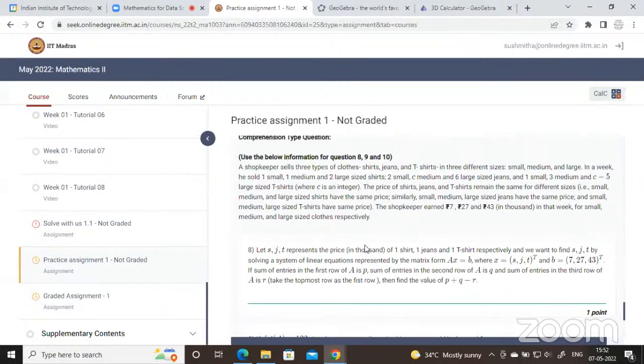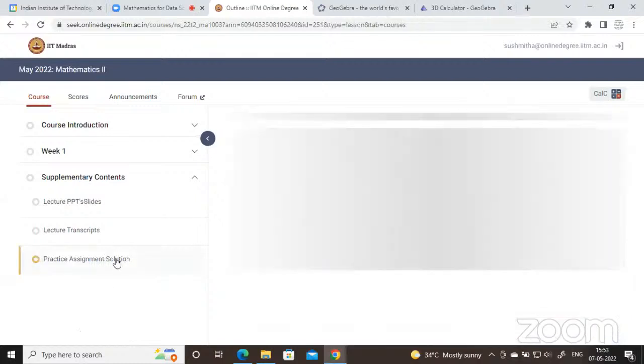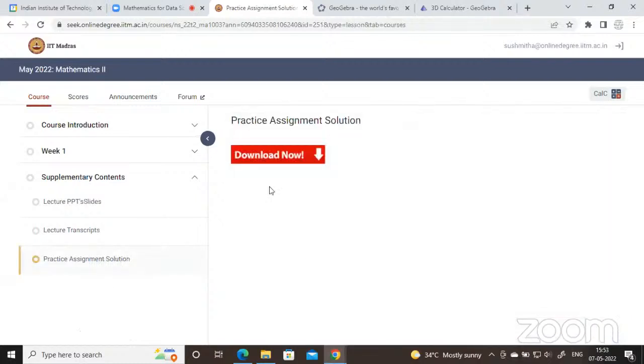How to approach this? Getting the matrix. So did you write down the matrix from the given information? The one I started was wrong, that is the reason I'm not getting the right solution. So you want me to solve this? I think the solution is already up. Maybe you can check that. You can see the solution here. Okay.